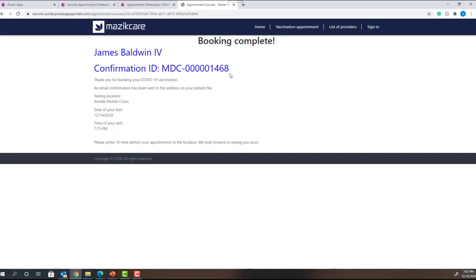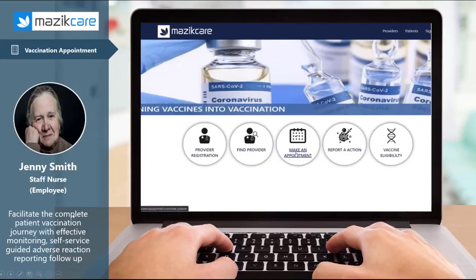I can just print it. I'm also going to receive an email, and I'm also going to receive a text message from the system. So it gives me the reminder, it gives me all the related information up here. So now I'm going to switch back to my presentation slide, where we were able to get Jenny Smith